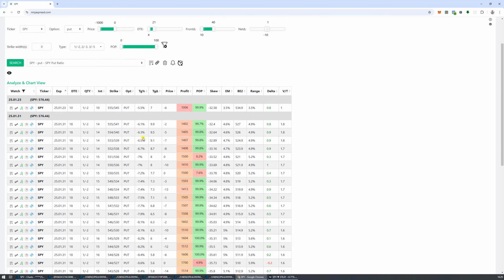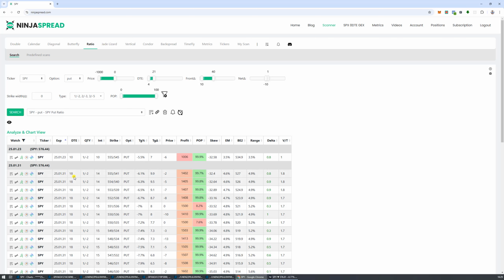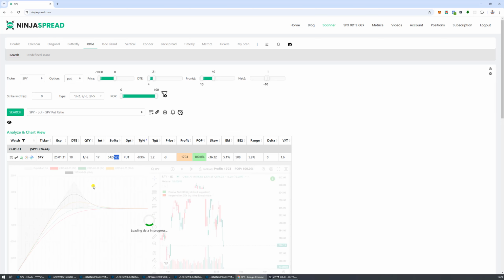And right now the best ones I can see are for January 31st. And if I sort the table by target percentage, it will show me the furthest one. For example, this one has a target distance of 8.9 percentage points of SPY. So if SPY falls even more, 8.9% from this price, it will go to 525, which is the short strike, and that will be my short